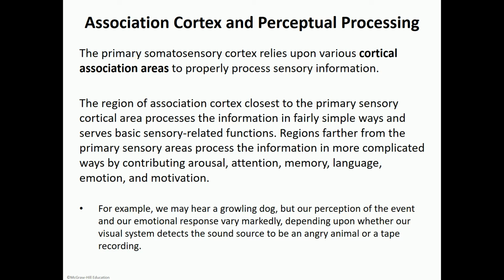The association area that is closest to the primary cortex will give you some understanding of what you just sensed, but then memory of things that come back to you because of that sense, or different emotions or reacting to that sense, are all due to the fact that senses go to a lot more than just one association area. For example, if you hear a dog growling, okay, so you can hear with your ear, but you are also seeing with your eyes that you're watching this on TV, okay, so there's no real danger. You are not going to really